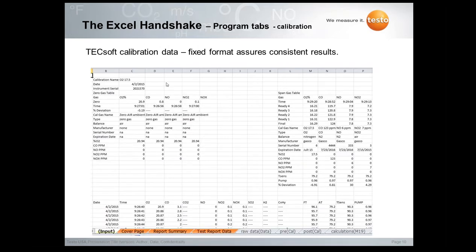The program tabs, which are right over here, that's where all the TECSoft program data reside. Calibration data, when downloaded from the instrument onto these tabs, is in a fixed format. That way you've got very consistent results. So in this example, which is like all calibration examples, whether it's pre or post calibration, it sets up a